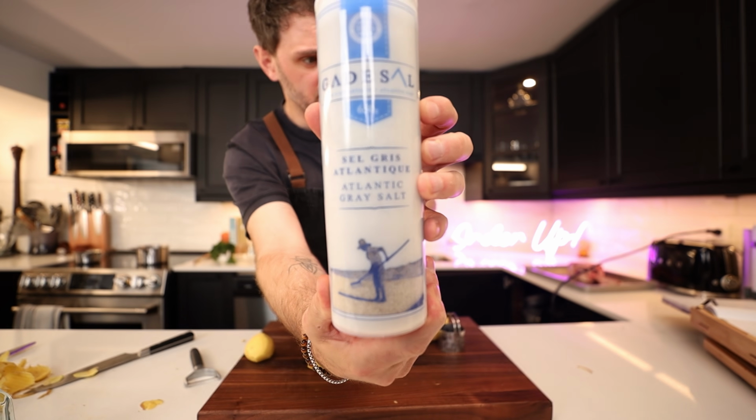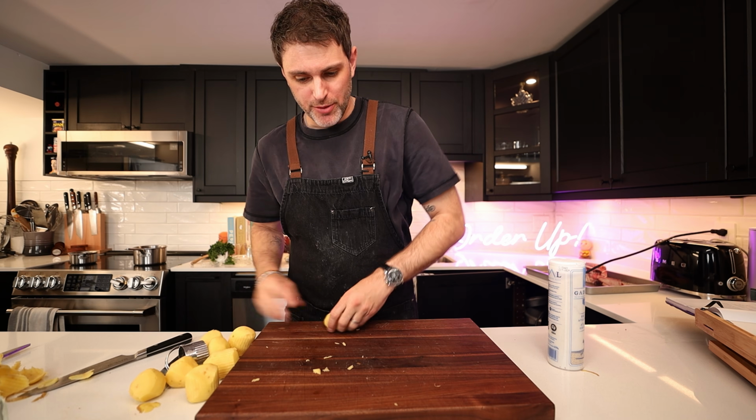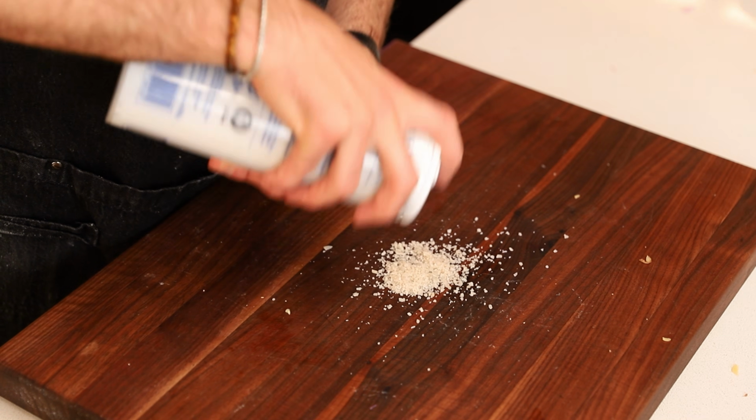Gray salt is in the building. Can we just pause the potatoes for a moment here? We'll get back to them before they start browning, but I gotta proceed with the salt. So if you ever wanted to know what gray salt looks like,